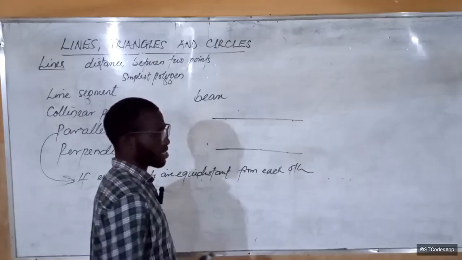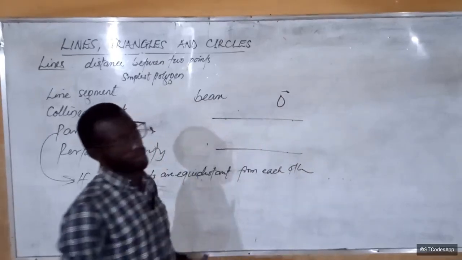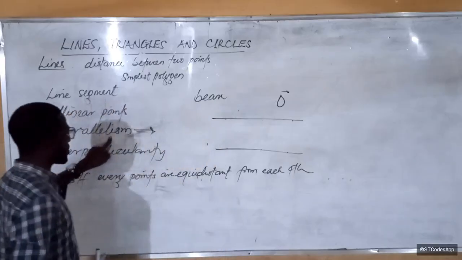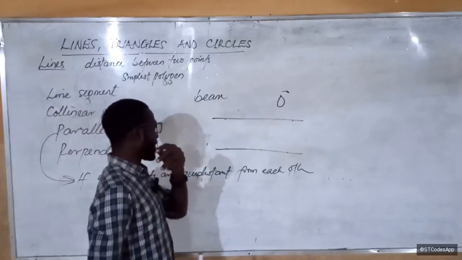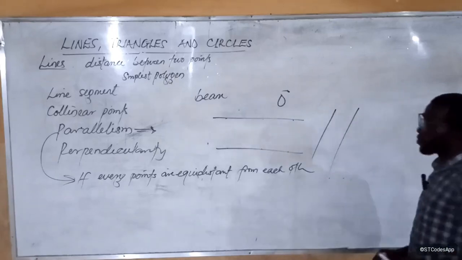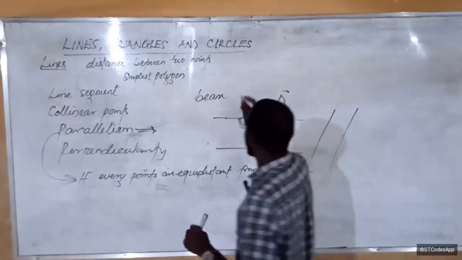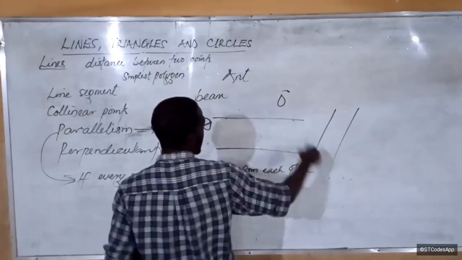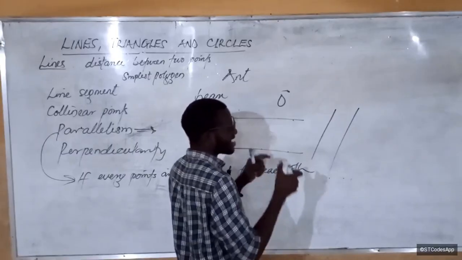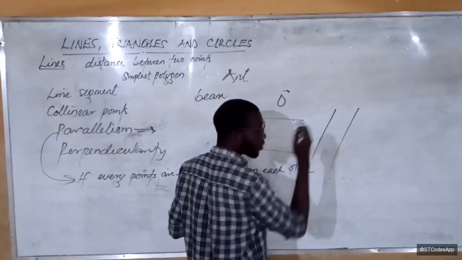How about when you want to define it in terms of degrees? When the angle between them is what? 0 degrees. Do you understand? So the condition for parallelism is that both lines have equal distance between them. Another thing is that they must be going in the same direction. Because if they are still equidistant from each other, but they are not going in the same direction,